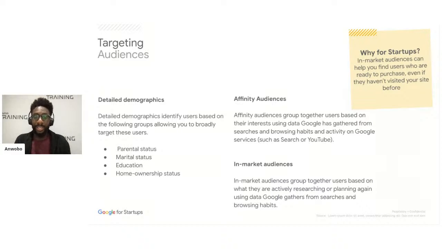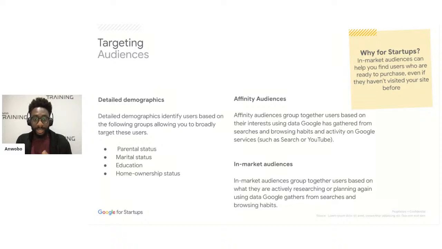And you can here identify a user based on the following groups to then allow advertisers to broadly target them. So you can look at parental status, but not only that, we can dive a bit deeper, because of course we know that you can be a parent, but you can have a child who is 6 months, you can have a child who is 6 years, and you can also have a child who's 60. So not all parents are the same, and you wouldn't want to target each of these with the same types of products. So therefore, you can have the ages of the children as well broken down in subcategories.